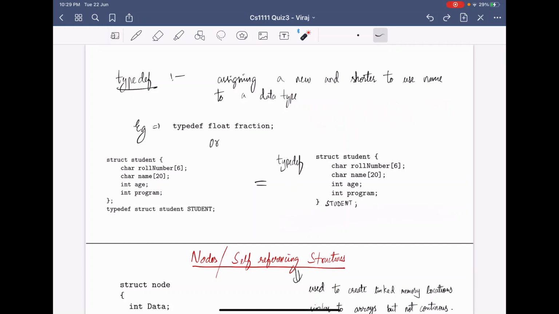That would make my writing of code less tedious. You can see an example here. He first defined a struct and then used typedef, or I can do it all at the same time. And don't forget the semicolon.